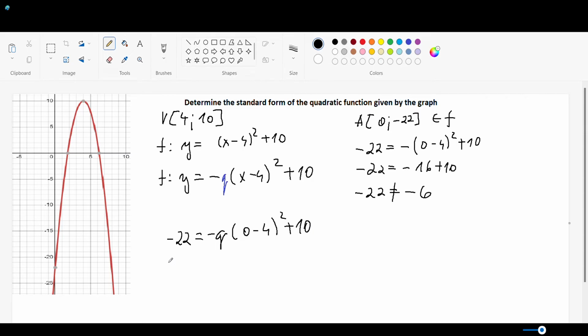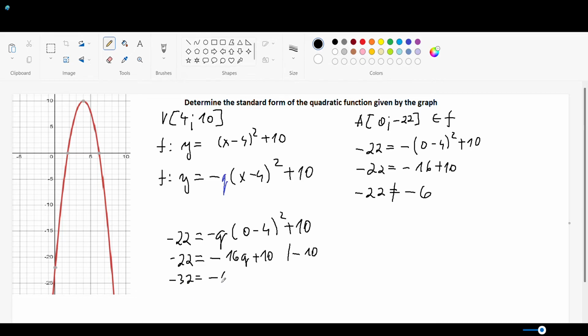So this will lead to the equation negative 22 equals negative q times 4 squared, which is negative 16q plus 10, and this is a really simple linear equation, which means you take away 10, which gives negative 32,